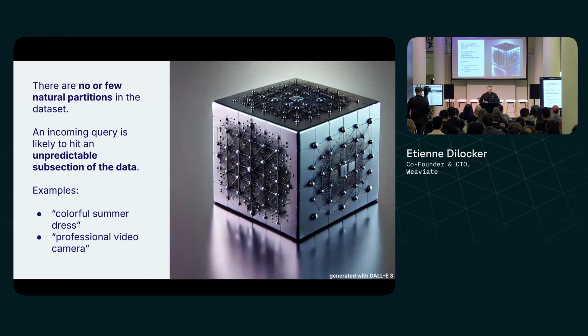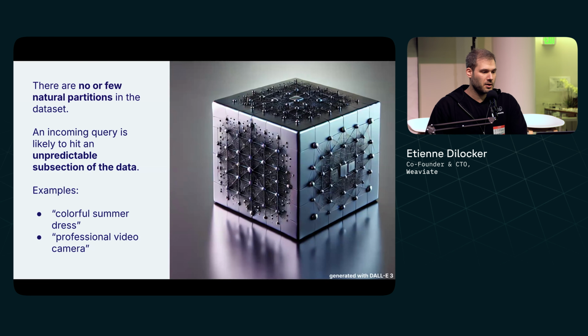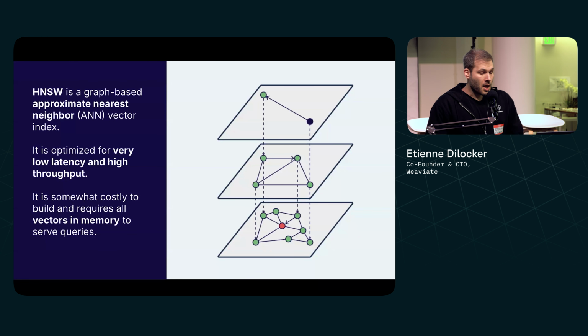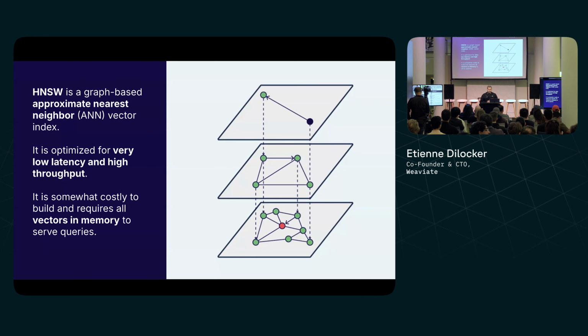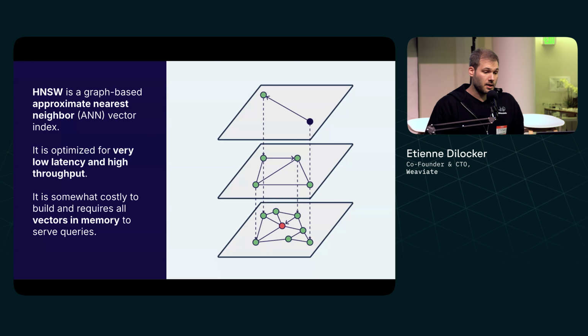And this kind of data set is massive. At the billion scale, it's not just massive in size, but you also have a lot of updates, a lot of deletes, so it's constantly changing. And for those of you who've worked with vector search before, you might know that can be a bit of an issue. To just handle the amount of scale and the amount of throughput and still do this at low latency, we're using HNSW, which, if you've heard of this before, is an in-memory graph-based index, which is great. It's fast. It's super high throughput, super low latency, but it requires you to keep the vectors in memory, which